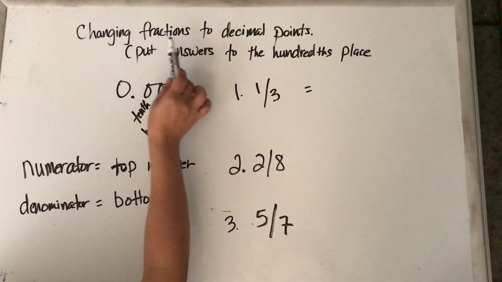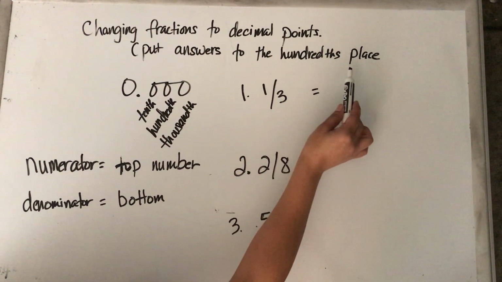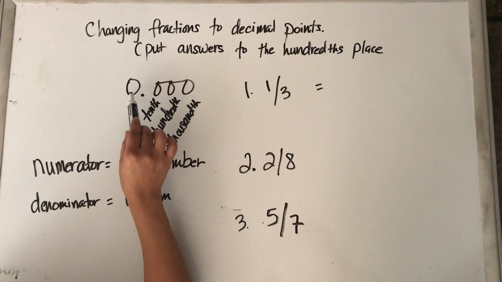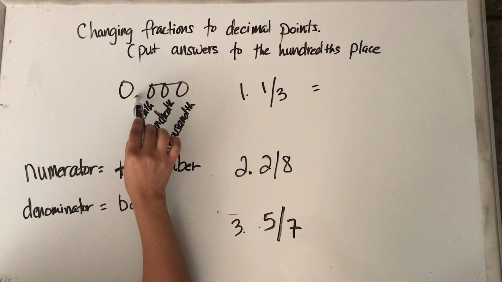Okay, changing fractions to decimal points. I want you to put your answers to the hundreds place. Okay, this one right here is a whole number, and then after a whole number you put a decimal point